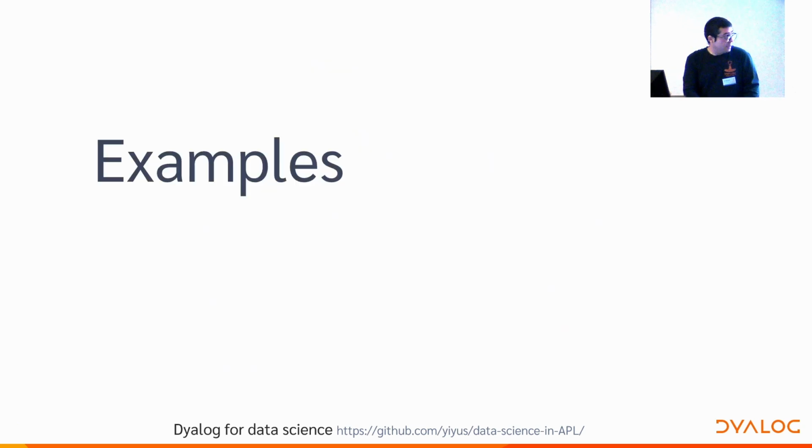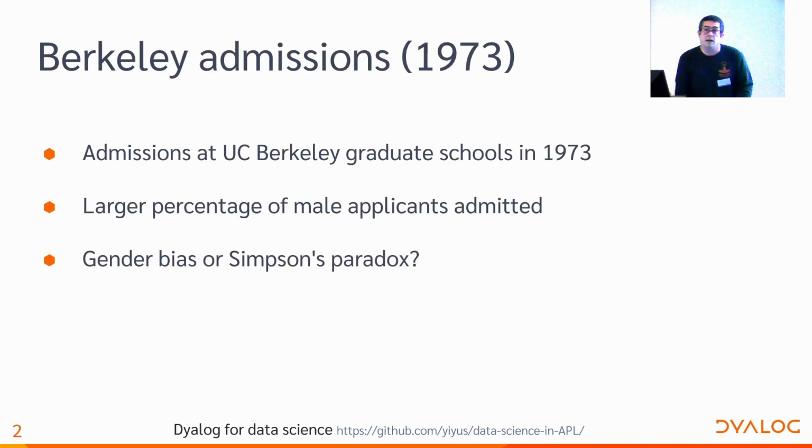Okay, let's see some examples. We are going to see 3 examples. The first one is a very classical example in statistics related to something that happened at Berkeley University in California in 1973. It was observed that more male applicants were being accepted in the graduate schools than female applicants. And the question is if there was gender bias at the university departments or if this was a case of